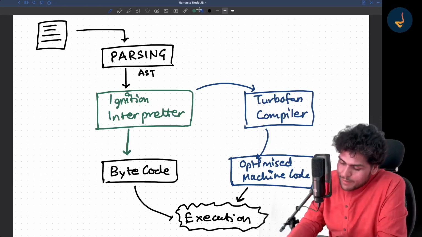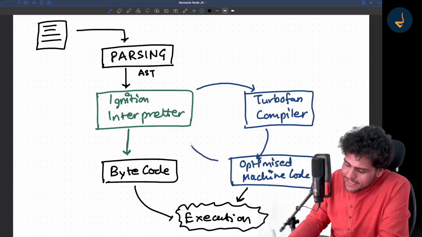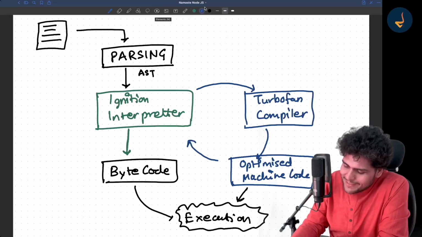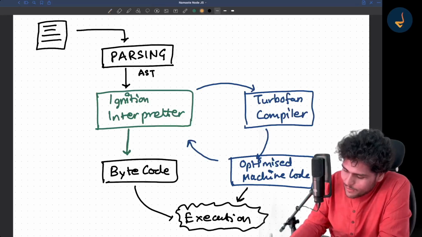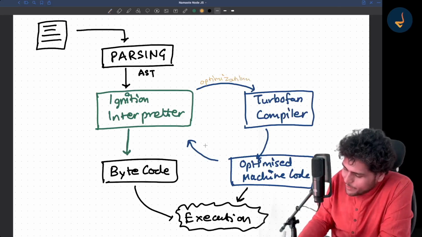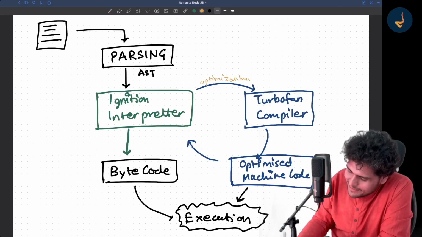Now, there is one more step involved, which is known as de-optimization. Let me use some other color pen to highlight it. This is known as optimization. I am trying to make my diagram beautiful, and this is known as de-optimization.